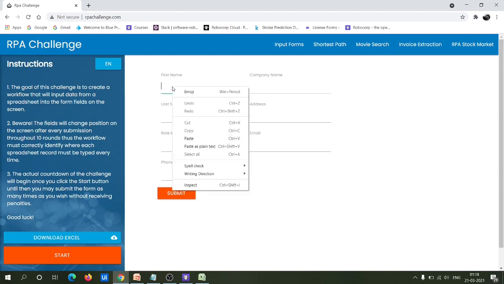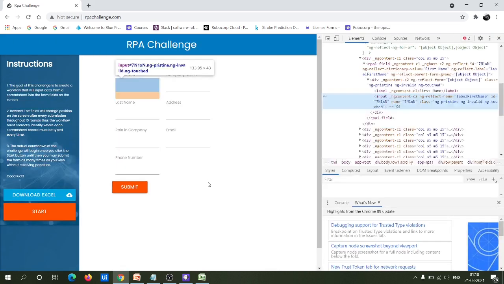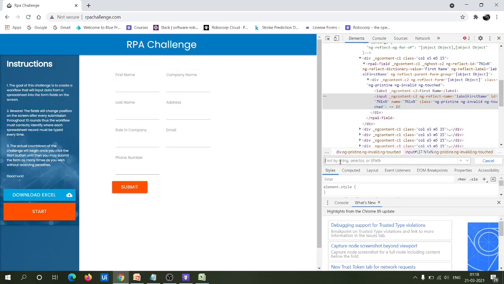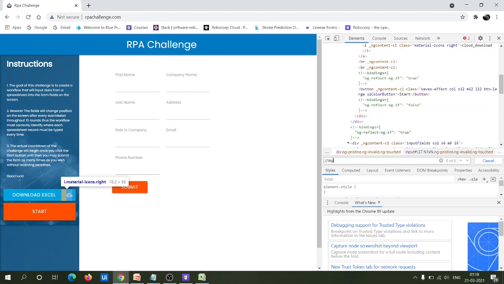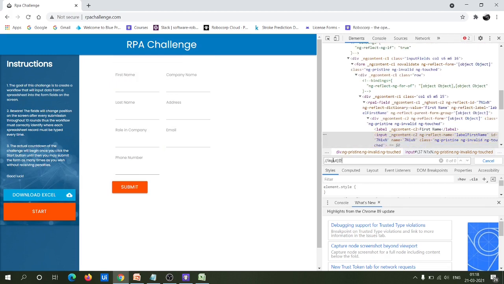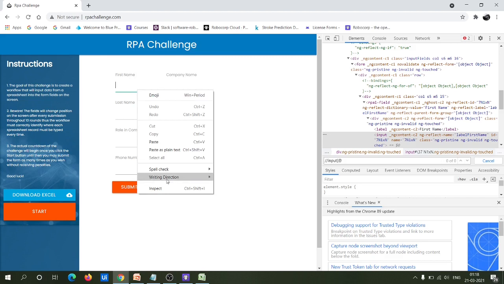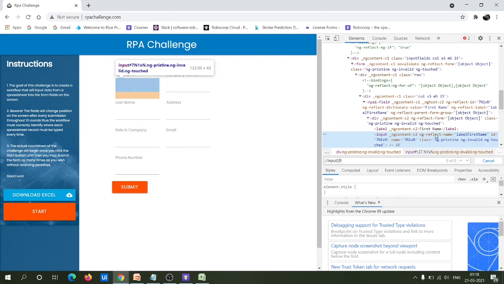So let me write the XPath for this first name. The XPath for this first name we can write as input. I will take this ng slash reflect slash hyphen name, because I see it is a unique attribute for this input field, first name. Let me take that.